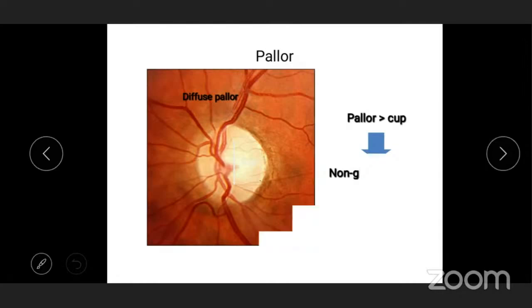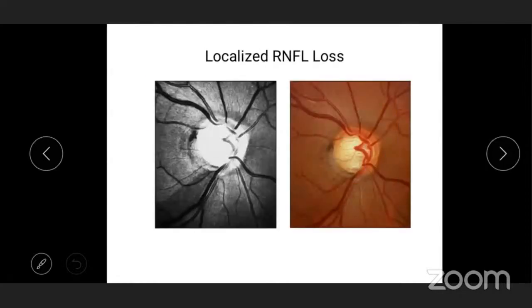You can have a picture like this of the rim pallor. Then the RNFL thing, see, there is a sector defect in the color photograph also, the fundus photo. But it is much better seen in this one. You can see the defect with the red-free photograph. Now, again, we are depending on the fundus photograph a lot because that is the theme of this symposium.